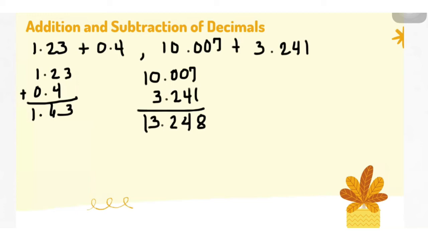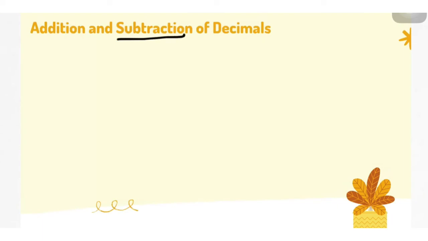Okay, so ganun lang kasimple. So we have 13.248 thousandths. So ganun lang kasimple kapag nag-a-add tayo ng decimals. Ang importante na laging tatandaan is kailangan pantay sila ng decimal point, and kung paano kayo nag-a-add ng whole number, ganun din kayo mag-a-add ng decimals. So, punta na tayo sa pagsusubtract ng decimals. Okay. For example, let us subtract